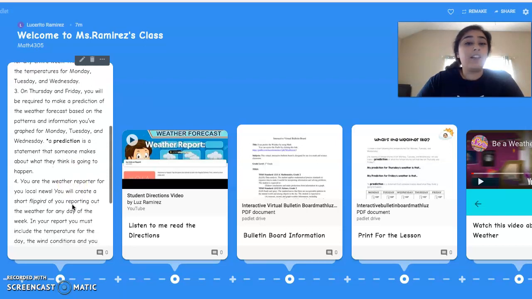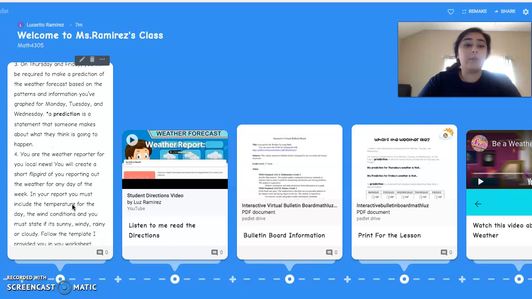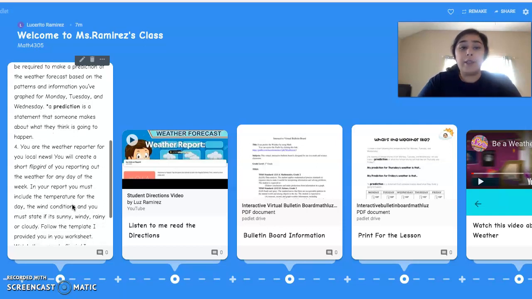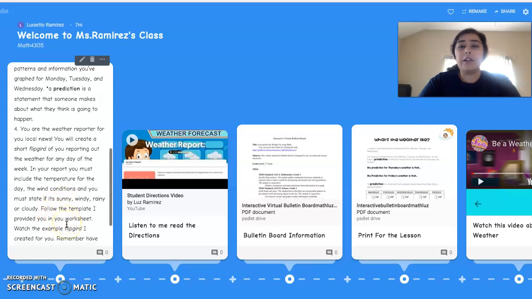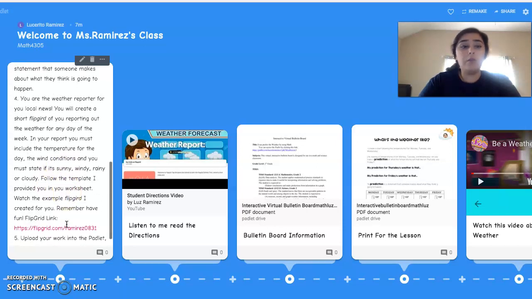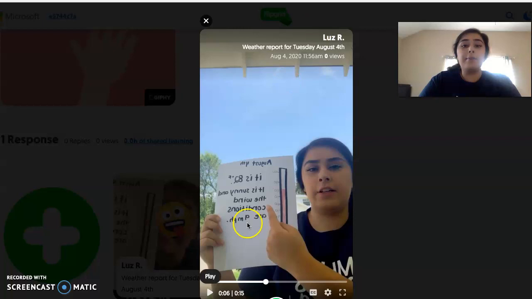And then on Friday, they are weather reporters, so they will have to create a Flipgrid of them reporting out the weather for any day of the week that they choose. And in their report, they have to include the temperature of the day, the wind conditions, and they must state if it's sunny, windy, rainy, or cloudy. I've also created a template for them to follow. And I posted the link for the Flipgrid and an example of me